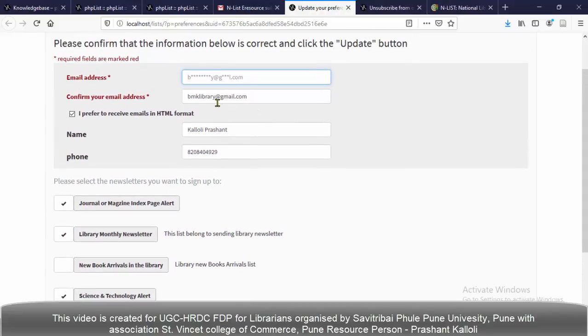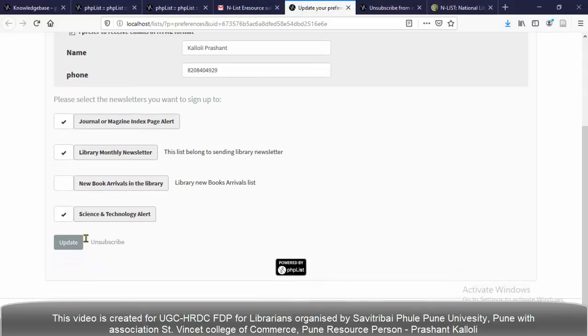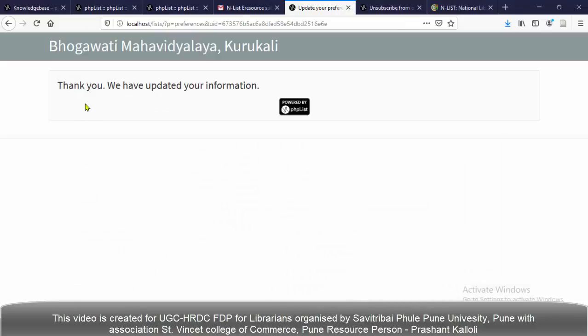Something has gone wrong, maybe. Okay. Here also I have to give both the email ID and confirm. Both boxes I have to fill. Those are required fields. Okay, I'm going to update. The result is: thank you, you have updated your information.